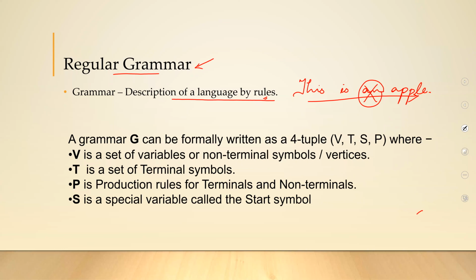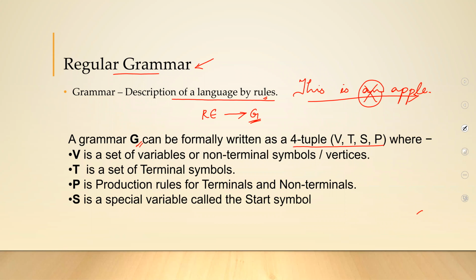When you talk about regular expressions and regular languages, you will be following regular grammar. Or in simple words, if you have a regular expression, you should be able to make out a grammar for that particular regular expression. Now, when we talk in formal terms, grammar G is said to be a four tuple.